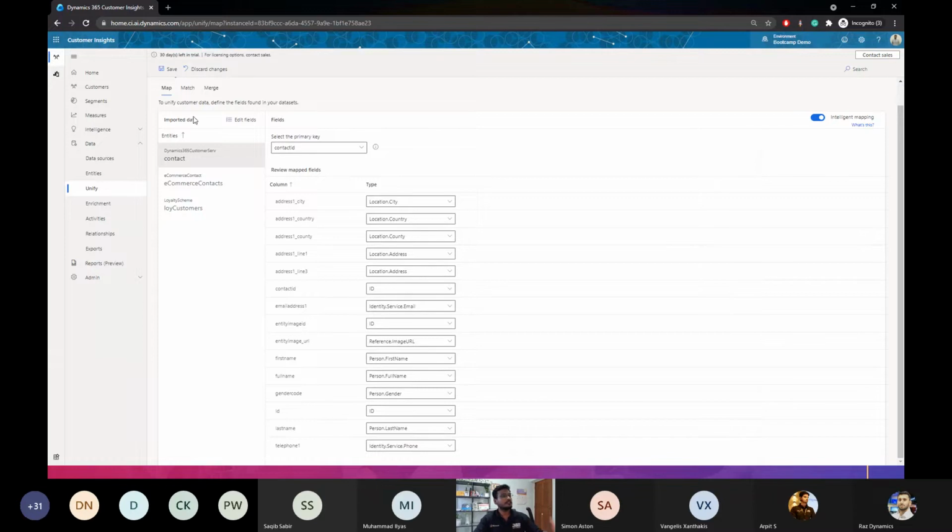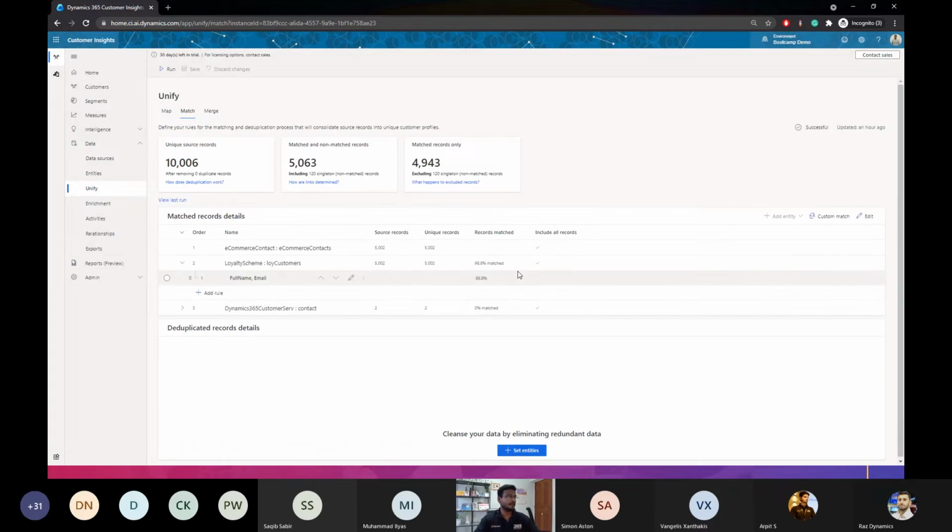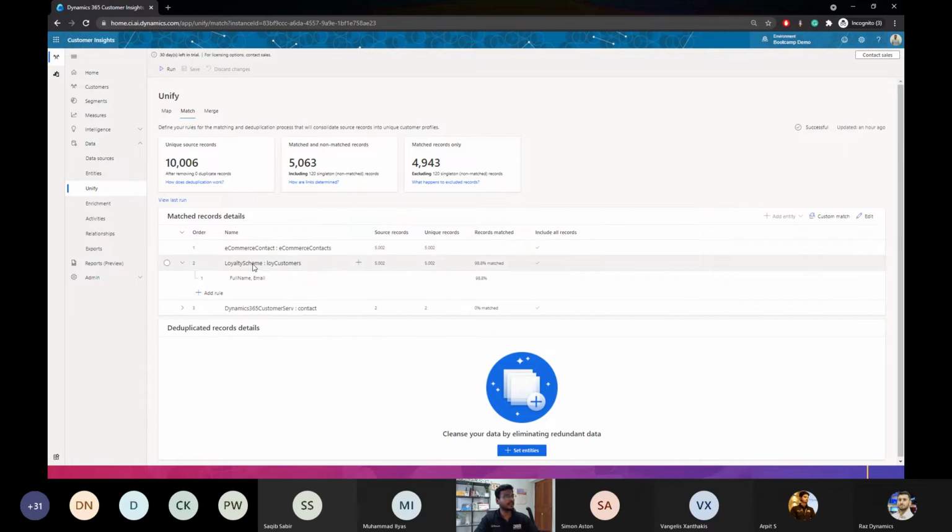Okay. So once you do that and once you save it, the next step we'll be doing is matching the data. So what is matching data? Let's assume I have my contact from e-commerce and I have contact from my loyalty. If you see this column, interestingly, the source record for each of them has 5,000 records. And what we are trying to find here is what are the unique records, and what are the records that match. So if I click on this,